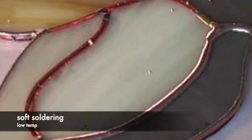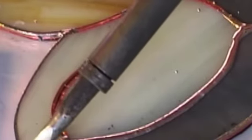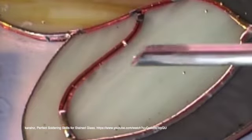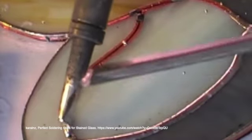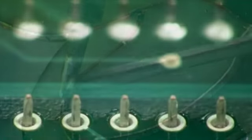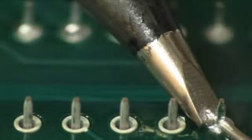Soft soldering uses alloys of tin to glue pieces together. Molten tin is extremely fluid and will wick through joints to form relatively weak but watertight seams. Soft solders melt at low temperatures, around 500 degrees, and are most often applied using a heated iron to melt